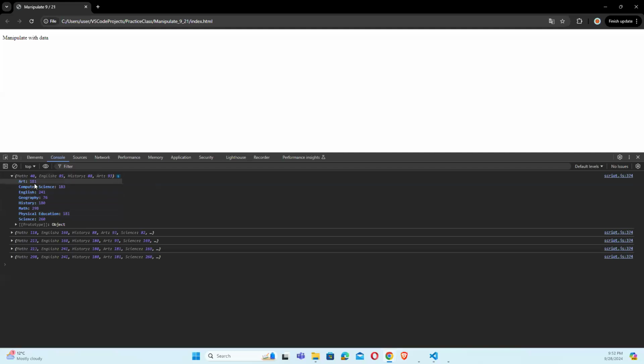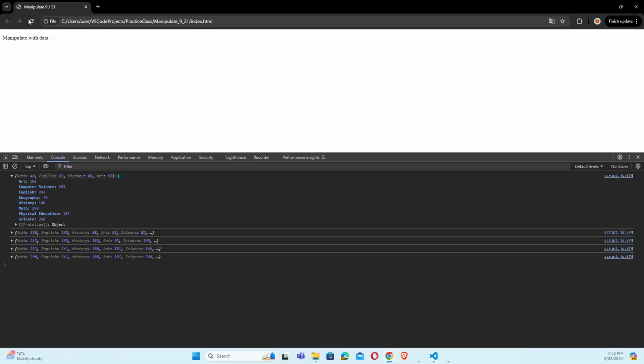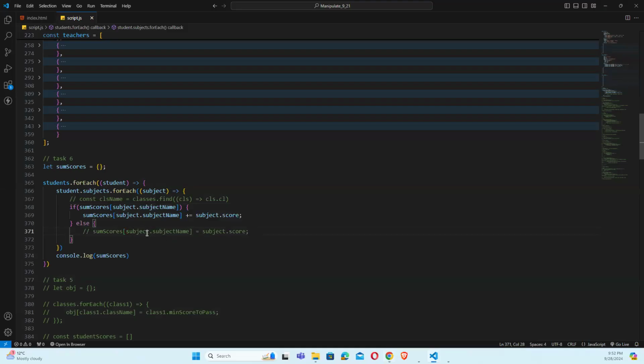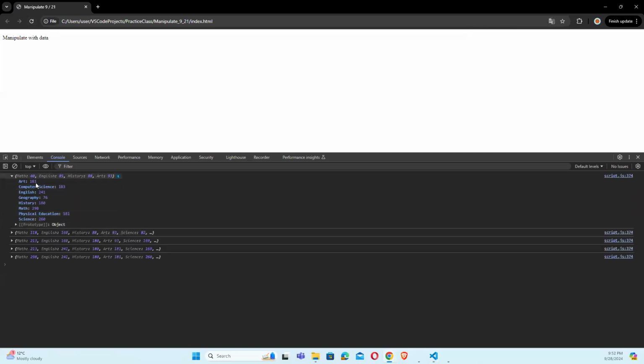Okay. Like this? No, we need else condition, since our sum scores is empty now. That's why we need else condition, yes. At the beginning, initially, our sum scores is empty. That's why we need else condition. Okay, it's supposed to work like this. Let's do it like this. So now, let's check. You see, check the last one. We have all the scores